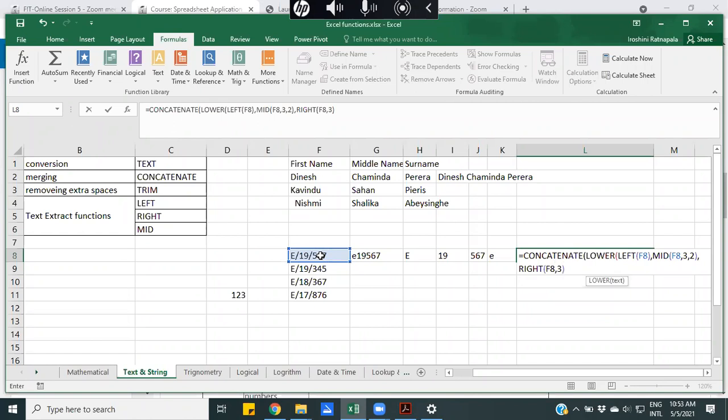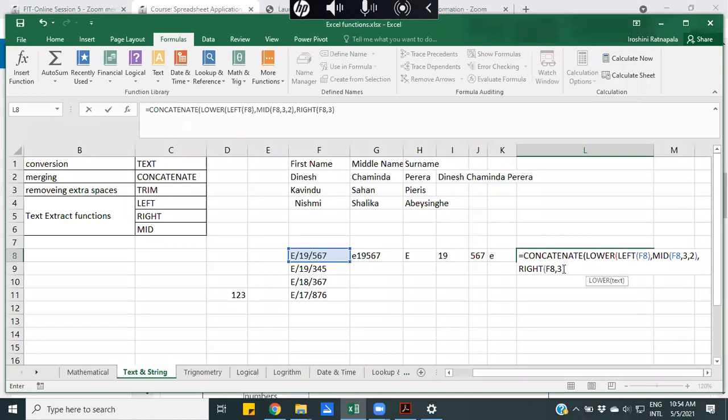Now there's another thing you should remember when you are writing nested functions. You have to close all the brackets that you have opened. I don't know whether it's clear to you, but these brackets come in different colors. So for you to understand clearly whether you have closed all the brackets, here it's blue color, right, and in the right function, the bracket has blue color.